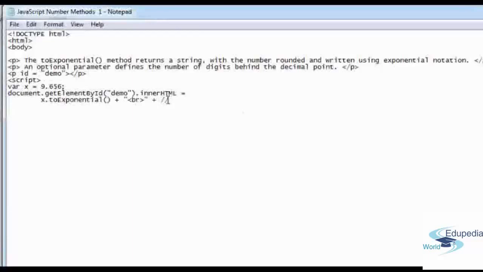The x.toExponential() returns 9.0. Okay, that's just a comment. Let's go to the next line. x.toExponential within the bracket 2,